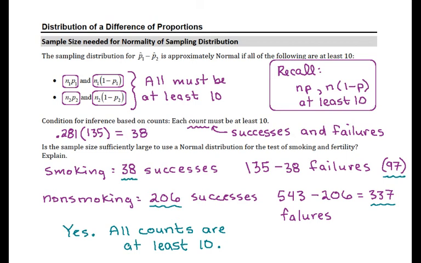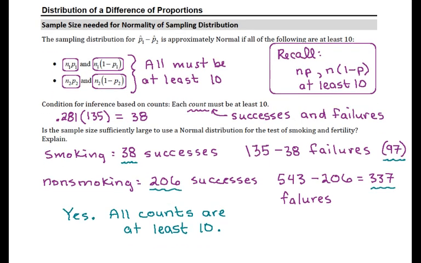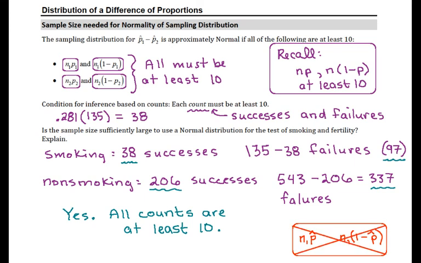We go ahead and just use the same condition for hypothesis tests and confidence intervals, even though technically we should be thinking about the distribution under the null hypothesis. The way that we would theoretically do that is to take that n1 and multiply it, instead of by p1, by that pooled proportion, and take our n1 and multiply it by 1 minus our pooled proportion. So technically this is a slightly more accurate way to do it for hypothesis tests, and then to do the same thing with n2, or actually just to take the smaller of n1 and n2 and do this. But the reality is that it's kind of a lot of work and a lot of explanation,